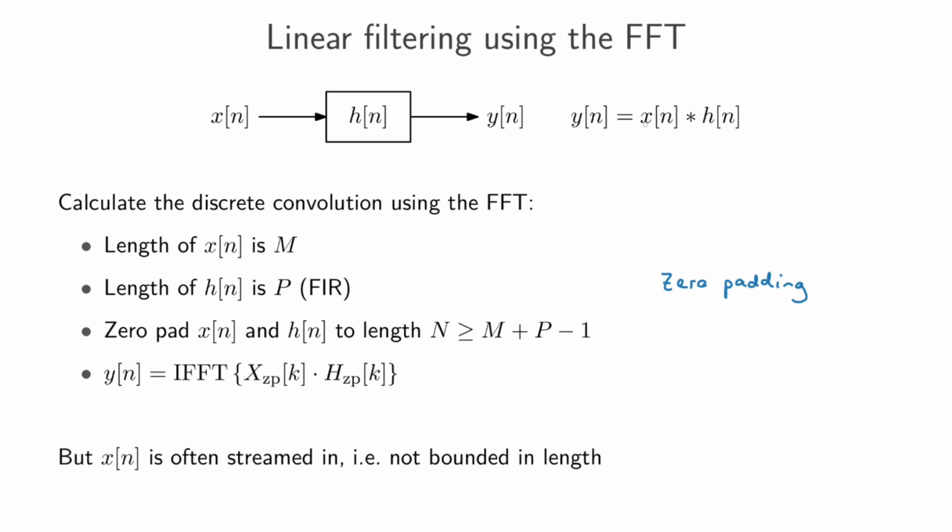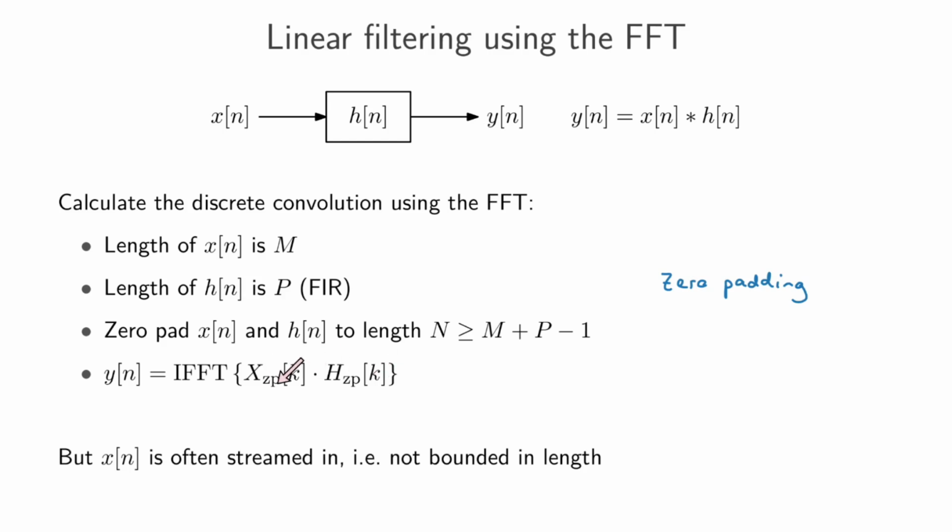If we then want to calculate the convolution of this M length thing with this P length thing, then what you do is you add zeros to the end of x and the end of h, so that the length of both of them is at least M plus P minus 1. That comes from the zero padding lecture. Go and check the video. Then after you've done that, you take the DFT of the zero padded x, which I just call capital X, zero padded. You take the DFT of the zero padded h, and that gives you capital H. So that's the DFT of the zero padded impulse response.